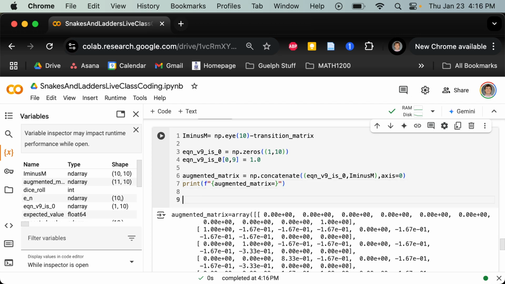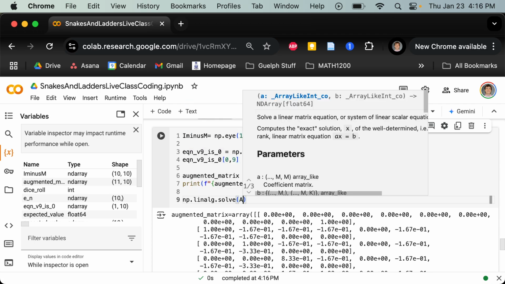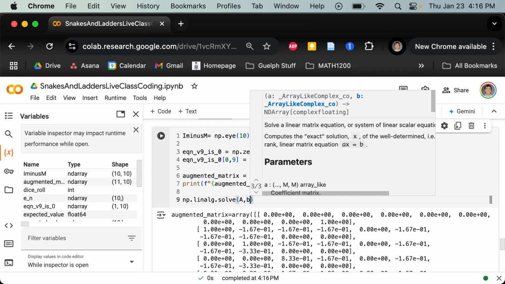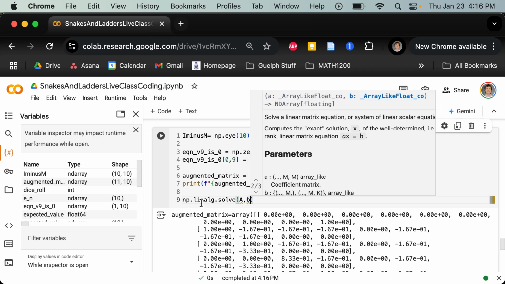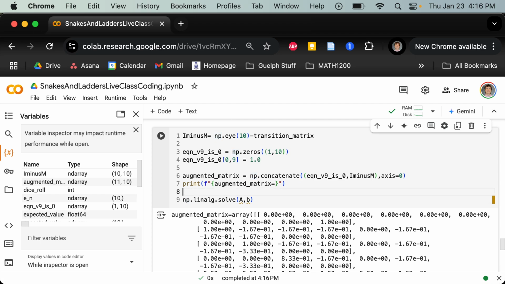There's a command, np.linalg.solve, and it basically solves Ax equals b like this. So if you do x equals np.linalg.solve(A, b), it will solve the equation Ax equals b. Unfortunately, np.linalg.solve only works for square matrices. And our matrix is not a square matrix anymore, so you have to use a different command. Instead of the word solve, you have to use the word